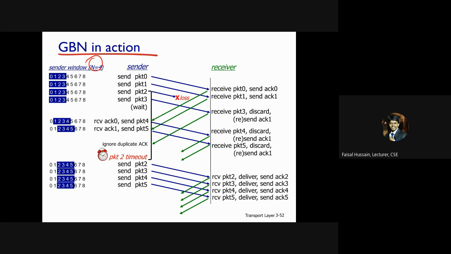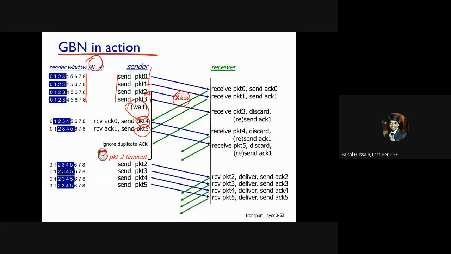So in case of Go-Back-N ARQ, you see that packet 0 and 1 are sent out, but packet 2 was lost during transmission. There is no change up to this fourth transmission, because the sender is not waiting for the acknowledgement. After sending out packet 3, the whole window is sent out. It will wait, and in the meantime it will receive